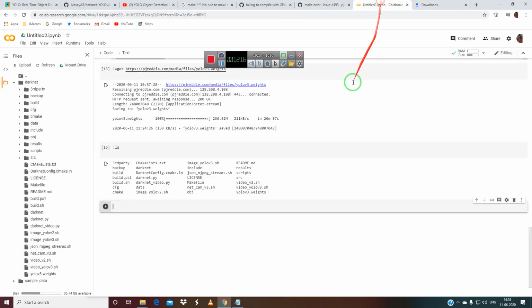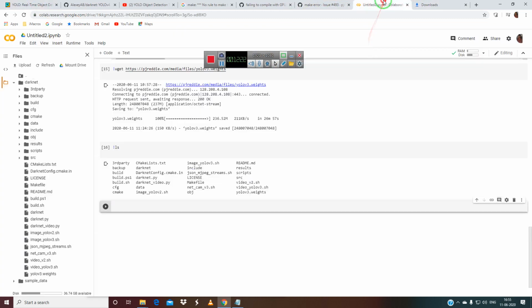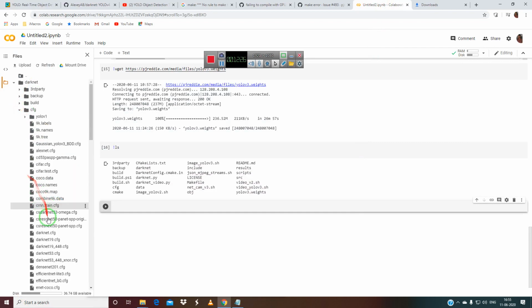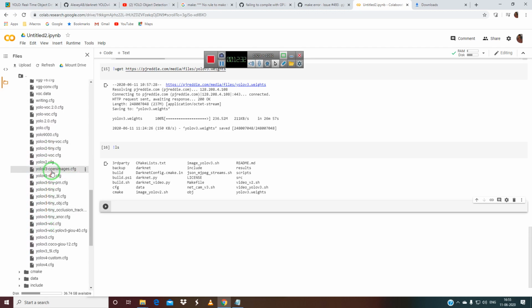Before tweaking the CFG file, what they have given is YOLO v3 CFG. So go to the CFG file and search for it. YOLO v3 CFG is over here.